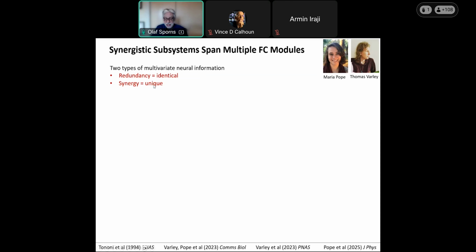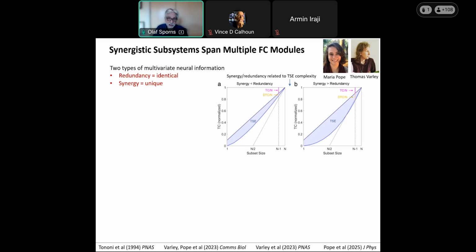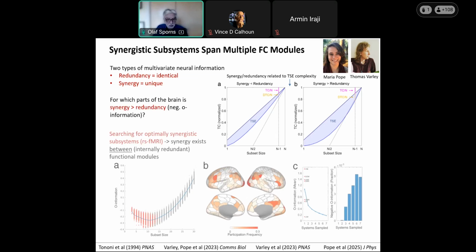Synergy is more like a small jazz ensemble or a string quartet where every player has their own line that they are pursuing, and the composition emerges uniquely from the interactions between the different elements, the different instruments coming together. You cannot take one instrument and decode the composition from it. It's not possible. You have to listen to the whole ensemble all at once. That's synergy. Where is synergy in the brain was the question that Maria and Thomas pursued,